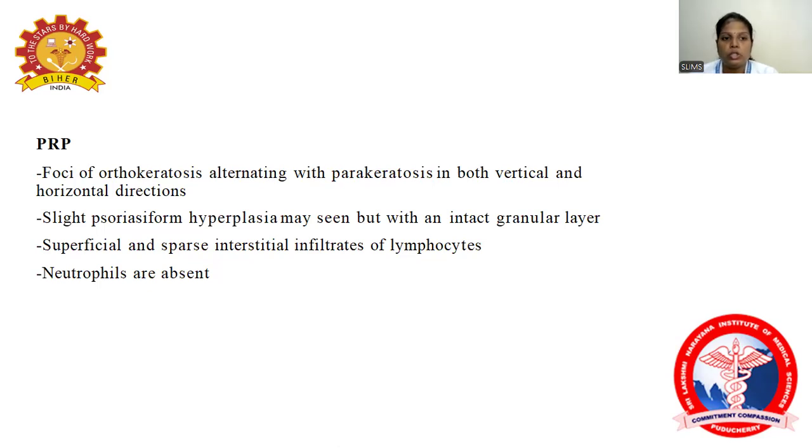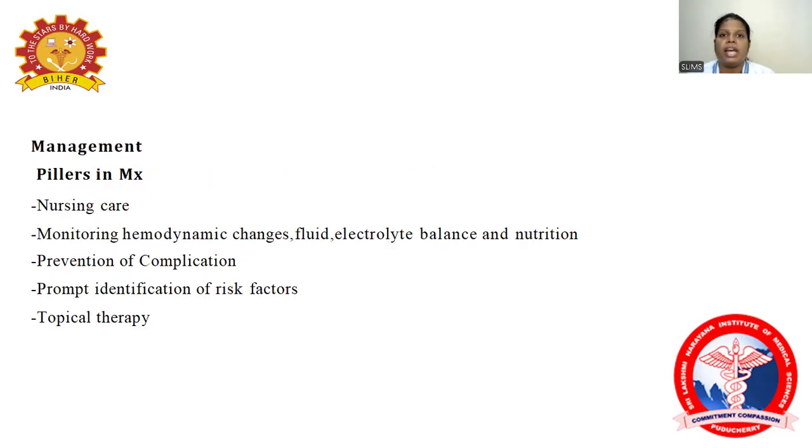In pityriasis rubra pilaris, foci of orthokeratosis alternating with parakeratosis in both vertical and horizontal directions. Slight psoriasiform hyperplasia may be seen, but with an intact granular layer. Superficial and sparse interstitial infiltrates of lymphocytes. Neutrophils are absent. So in management, the pillars are nursing care, monitoring the hemodynamic changes, fluid electrolyte balance and nutrition,